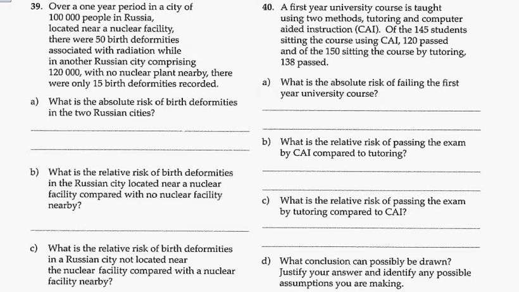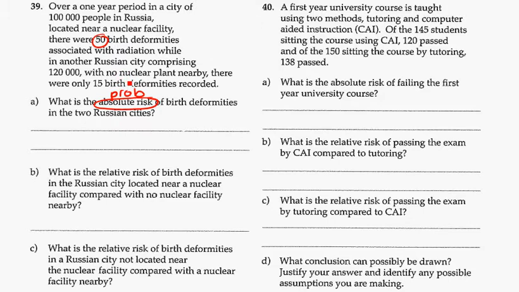Okay, page 25, continuing with risk and relative risk. You can pause and read question 39. Part A, what's the absolute risk of birth deformities in the two? So when we read absolute risk, that's the same as probability of birth deformities happening. So we've got 50